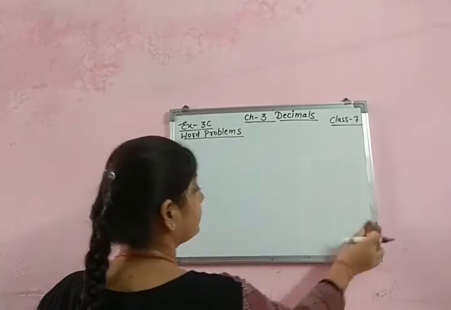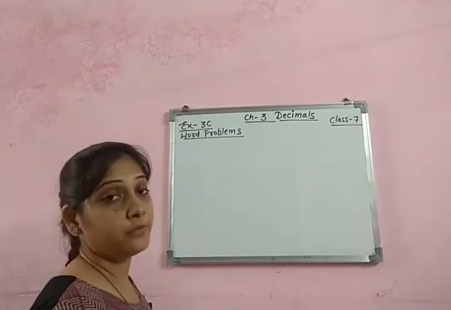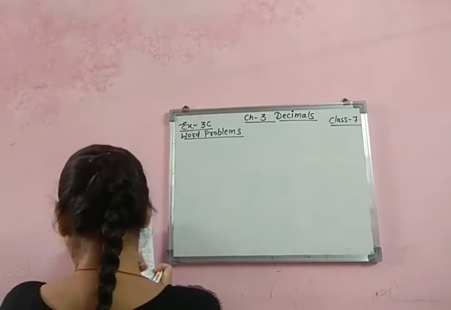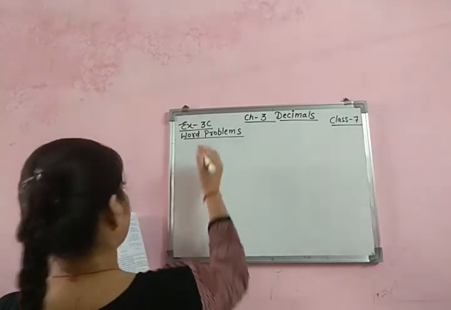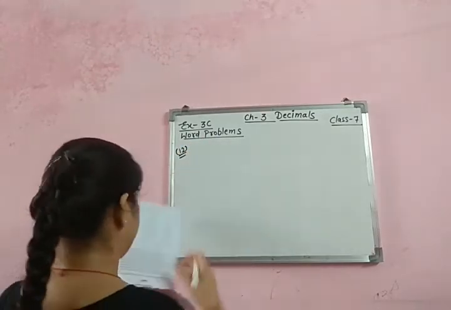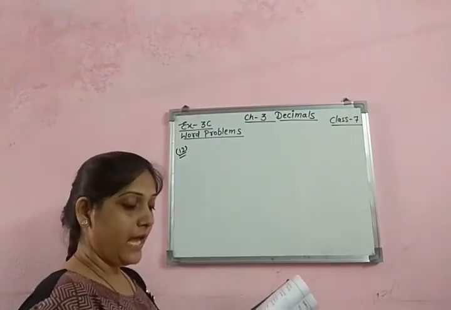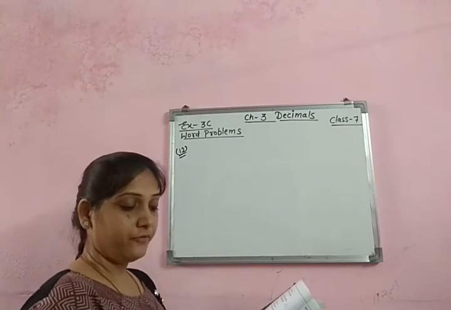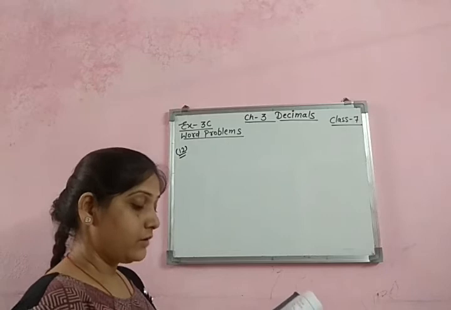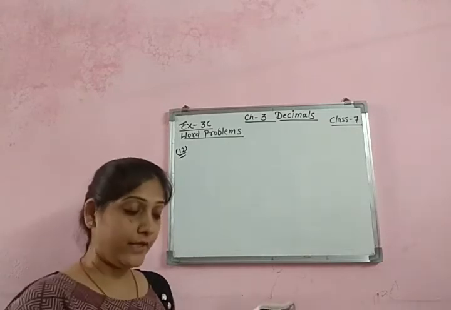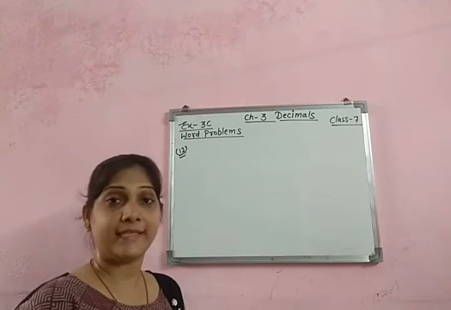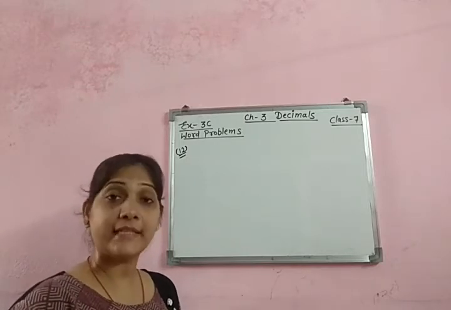Children, all the word problems are based on multiplication, but you have to go through the language which is given to us. Okay, now see question number 12. Find the weight of 16 bags of sugar, each weighing 48.450 kilograms. So each means one. One bag of sugar's weight is given. You need to find it for 16 bags.